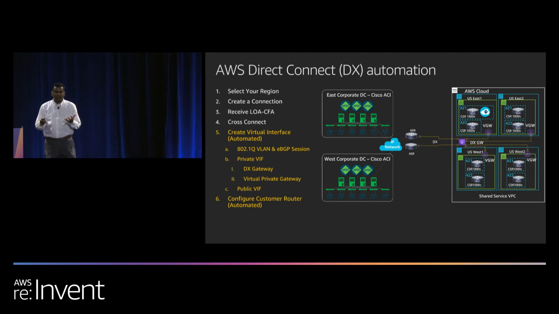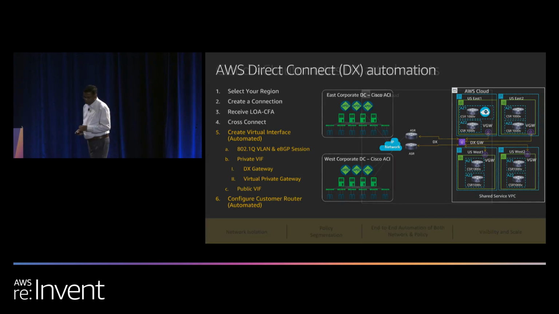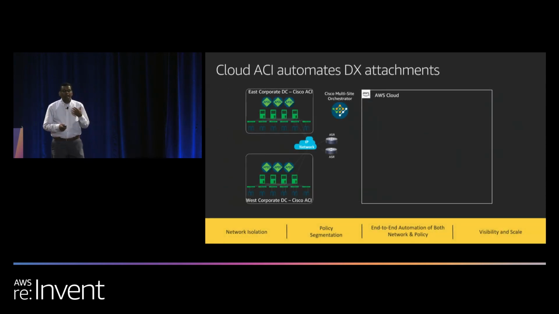Now, what you really want to do is cross-connect end-to-end, fully highly available and completely redundant. So you will create a Direct Connect gateway, and then you will cross-connect with Direct Connect completely over a different path. We will take care of the full life cycle in this case, end-to-end, from provisioning as well as monitoring. So that is one common theme that we learned. Now what will we get out of it, right? We make sure that we give you full network isolation.